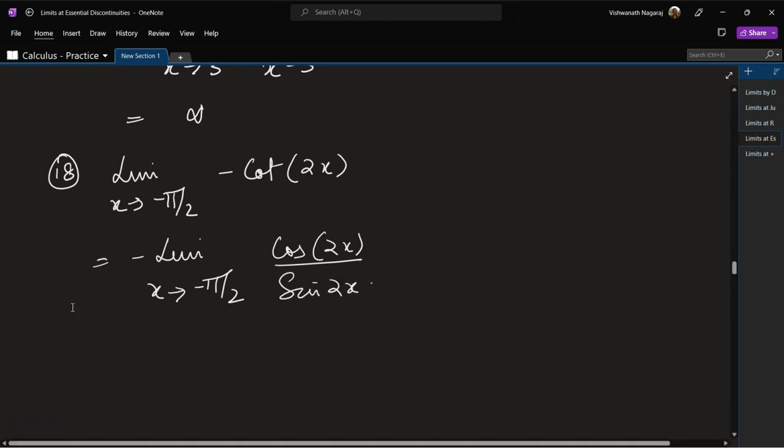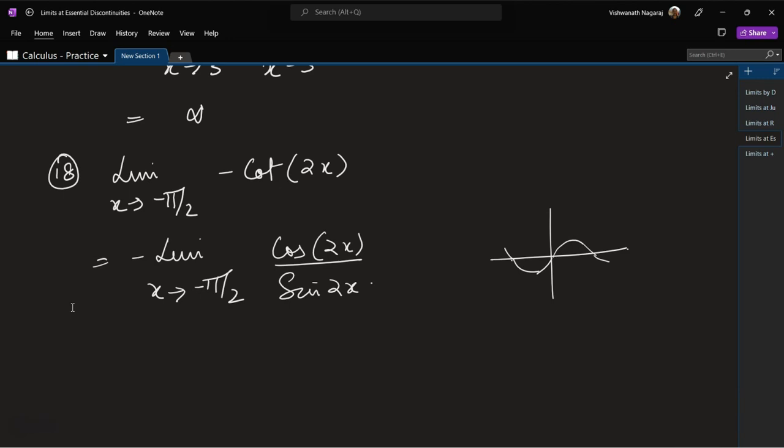The important thing is the denominator part, sine 2x. If we draw the graph, this is going to be pi, minus pi. So if it is minus pi, what happens if we are coming from the